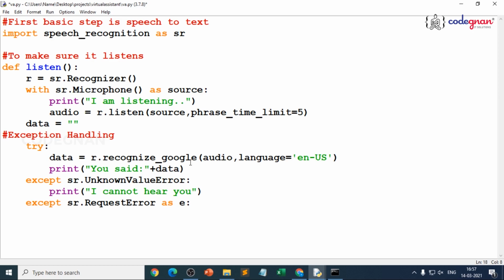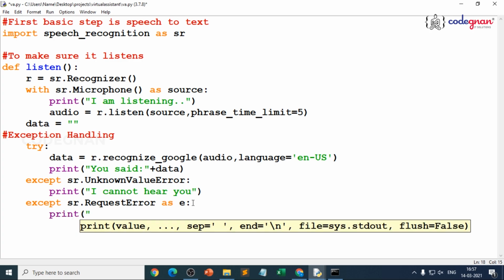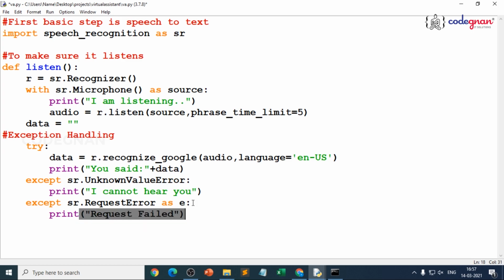So RequestError as e, and what it should print is that the request failed, so that you will understand what is going to happen. Print request failed, in the sense we are not making it particular at that moment. Request failed, because if it cannot hear you, it will tell you that I cannot hear you. RequestError as e, we are just aliasing it.